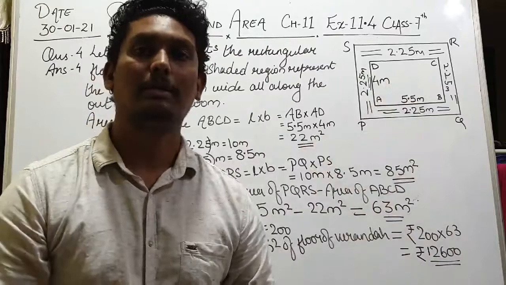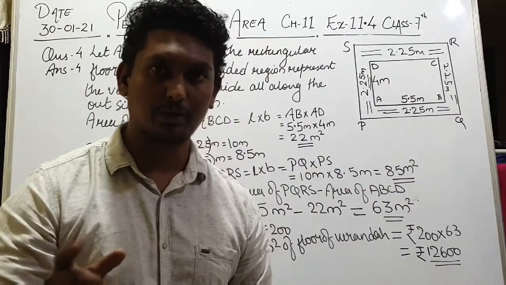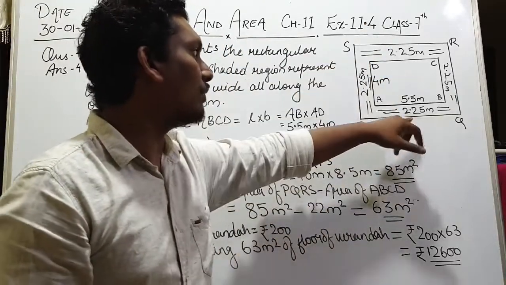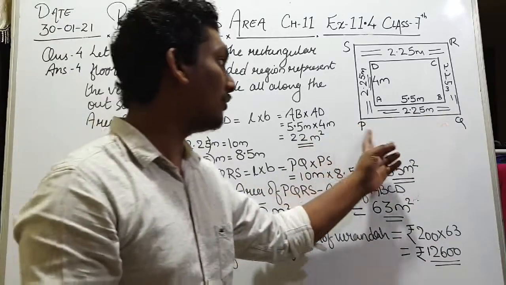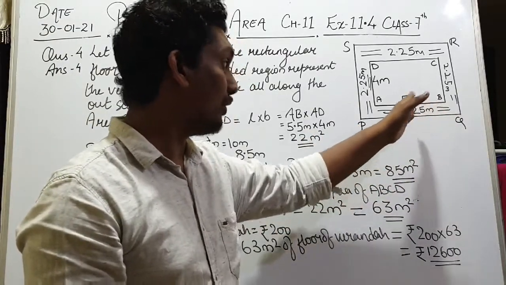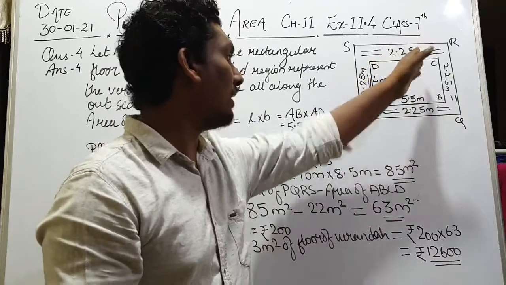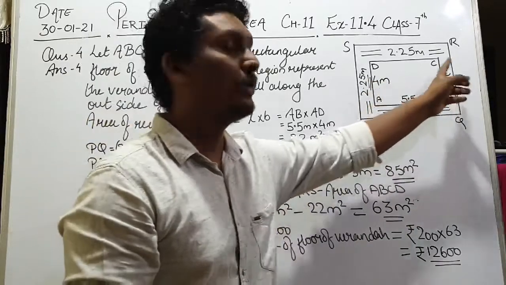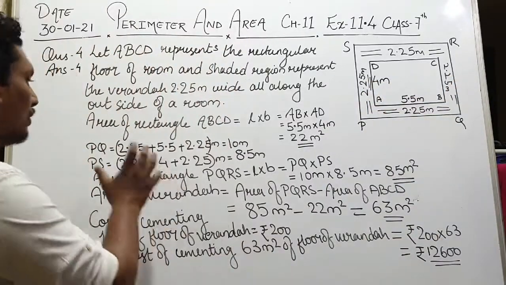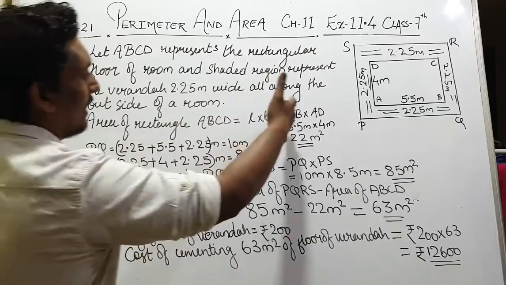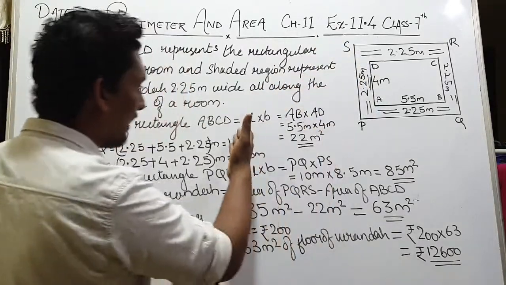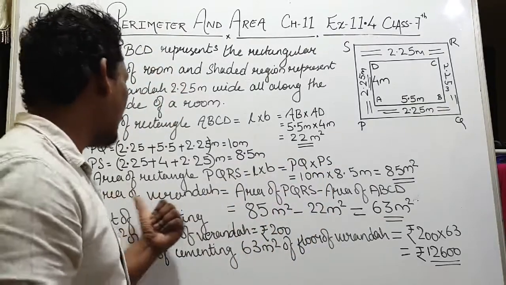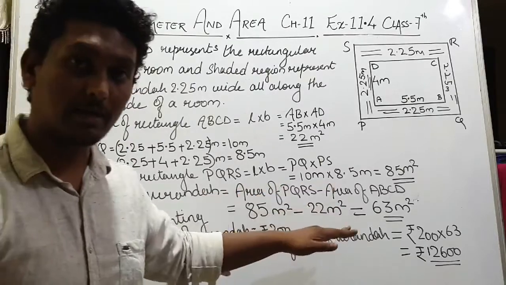The question is same as the previous question that we have done, question 1 and 2. So it is all about the same thing. When we find the length of PQ, we have to add 2.25 plus 5 plus 2.25, and we are talking about the breadth of PS. So 2.25 plus 4 plus 2.25, right? This thing we have to do extra in this part. And length into breadth for ABCD. After finding this, we have to find the length into breadth of PQRS. And for area of veranda, we have to subtract it.